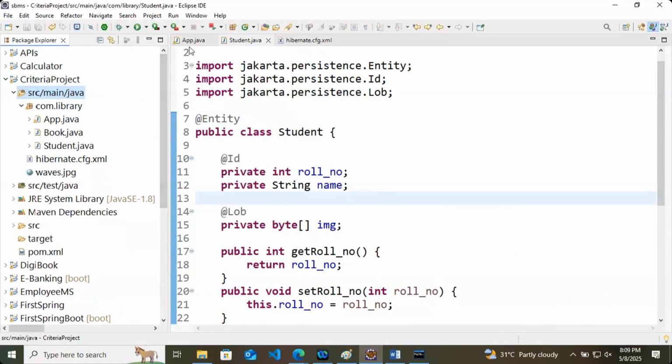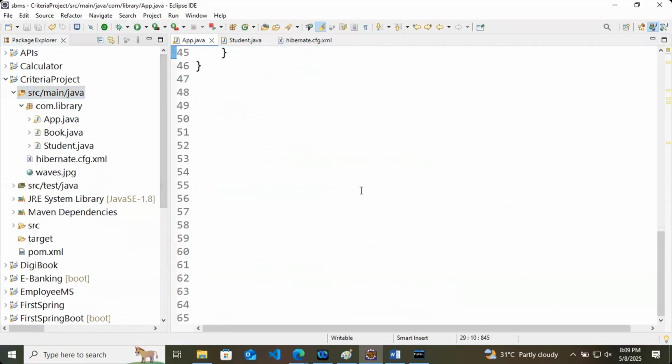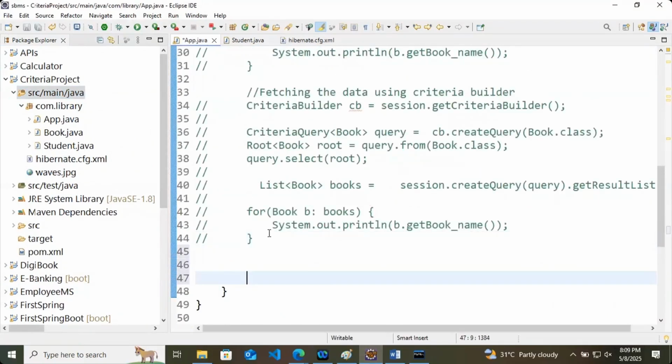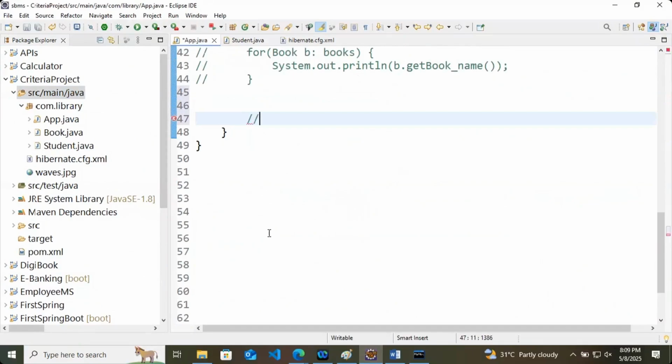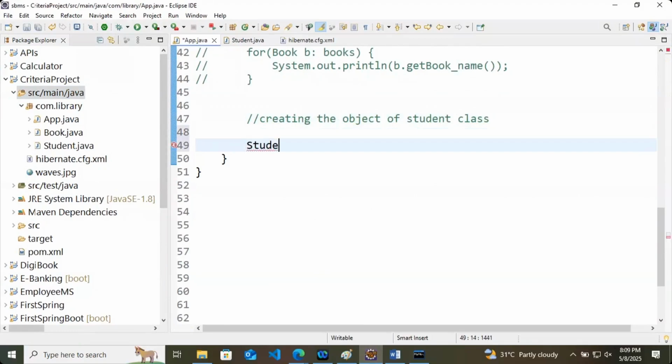Now let's go to App.java, where we will create the object of the Student class: Student s = new Student.